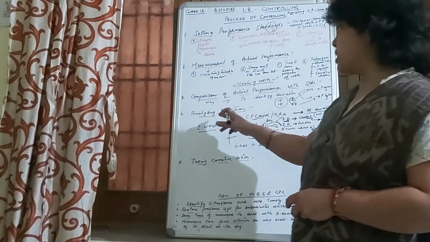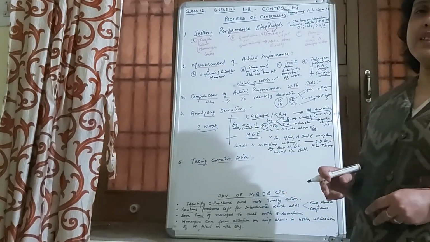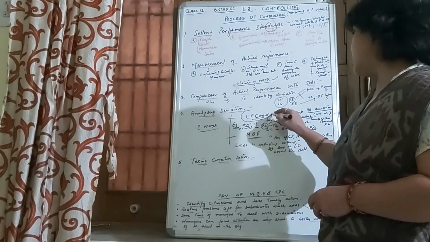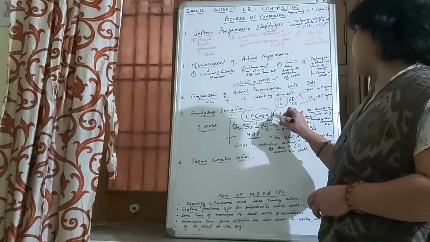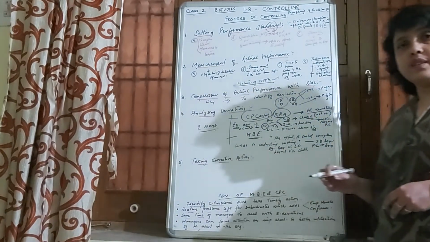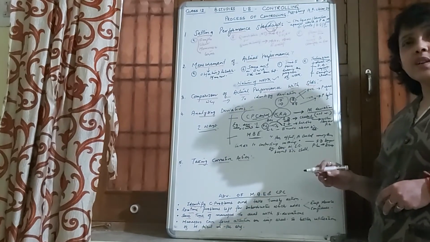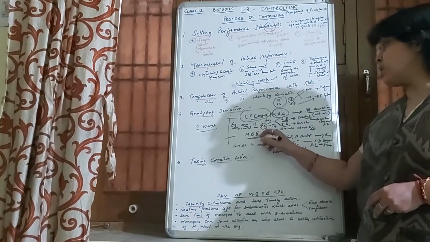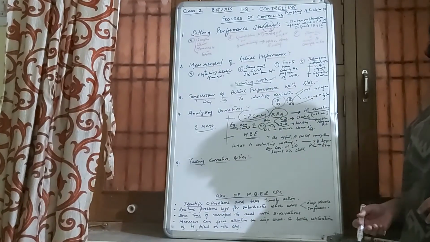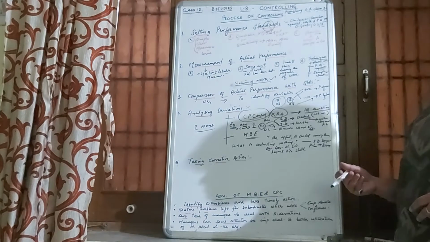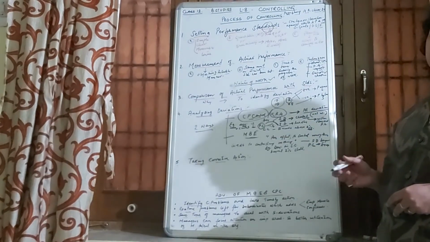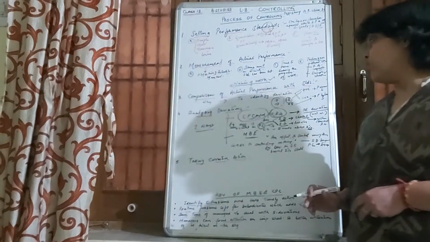So deviations are analyzed in these two ways. Through critical point control, first of all, controlling the critical point which is considered as a significant point or significant area, and second is management by exception. That means exceptional matters should be brought to the attention of management immediately, so that the matter can be kept under control. So the fourth point,